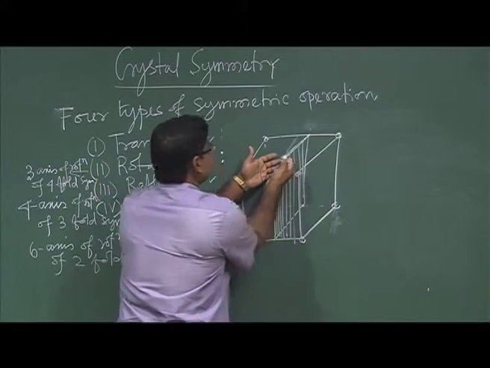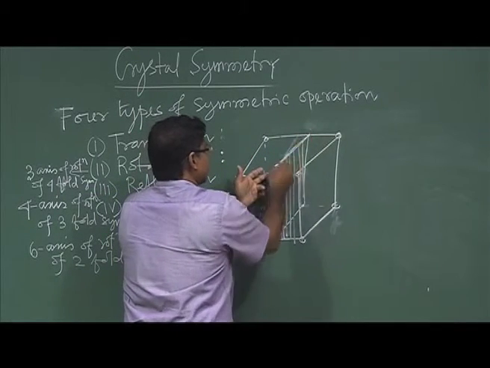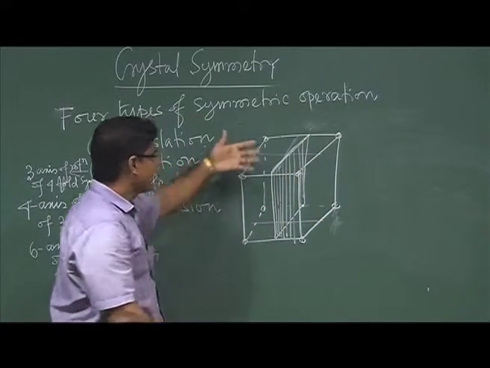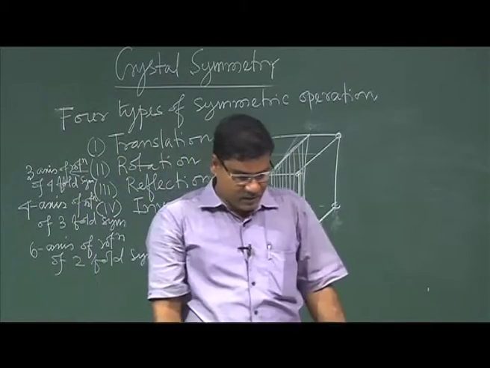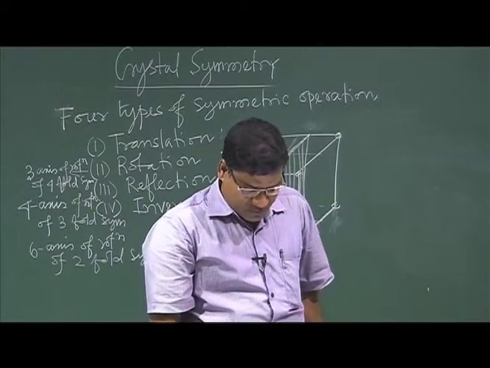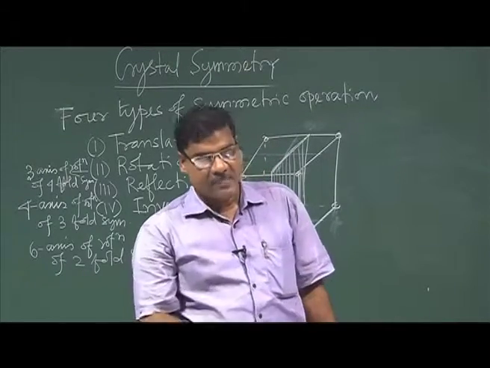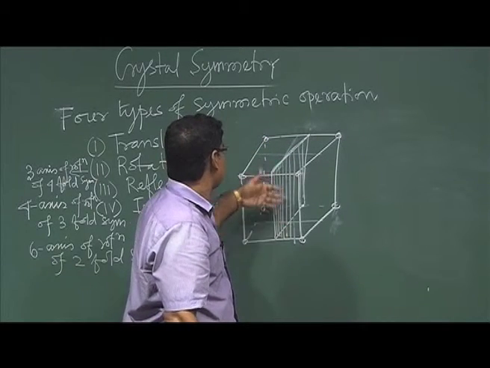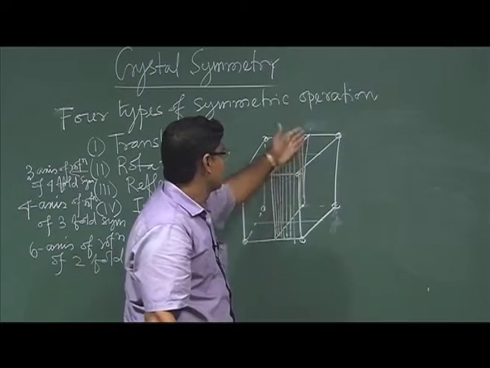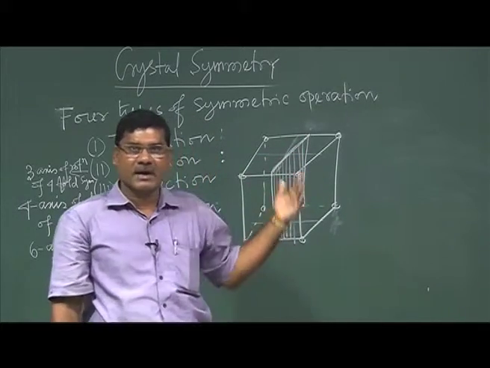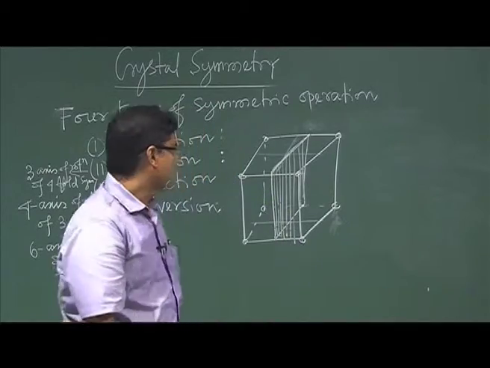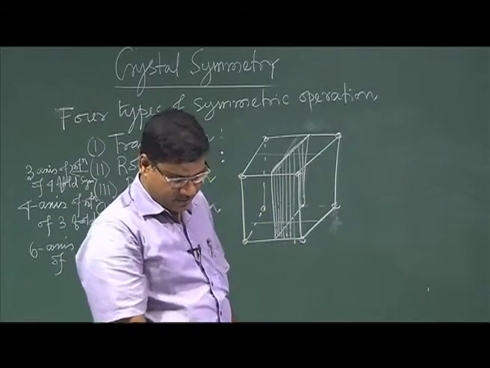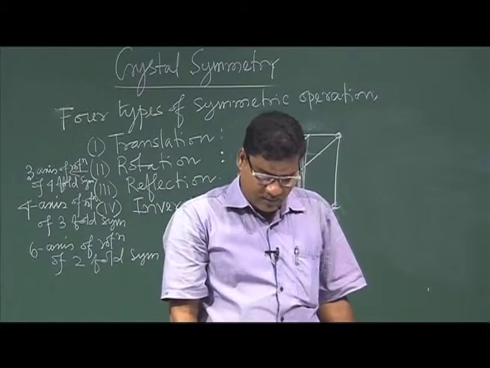Similarly, this plane we have taken this way, and one can choose planes this way also. How many planes can one choose this way? That will give basically 3 planes of symmetry, parallel to the faces, because 2 faces give 1 plane. There are 6 faces, so you can draw these 3 mirror planes. So you will have 3 planes of symmetry.